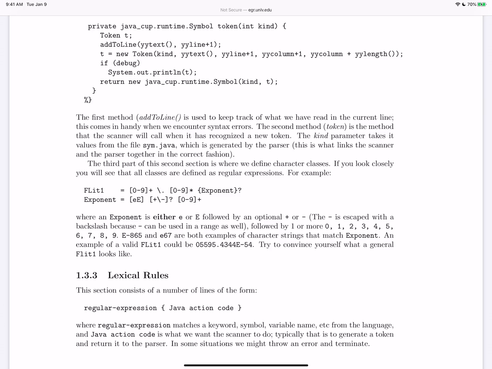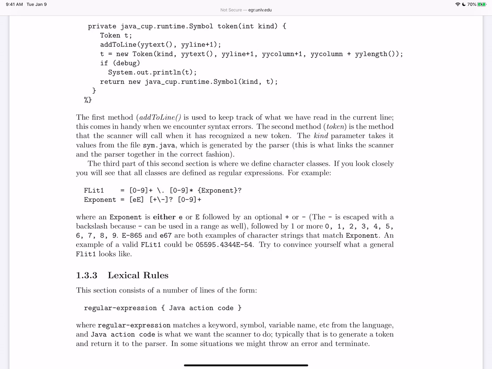So a floating point literal has to start with 1 or more characters that are the numeric digits, and then a dot, and then 0 or more choices of digits between 0 and 9, and then something called exponent in curly brackets. And this is just a way of saying, go and expand the definition of exponent, which is given right below. So if you use curly brackets, it's just an expansion. You take that name and replace it by the definition. And the question mark at the end is 0 or 1 repetition.